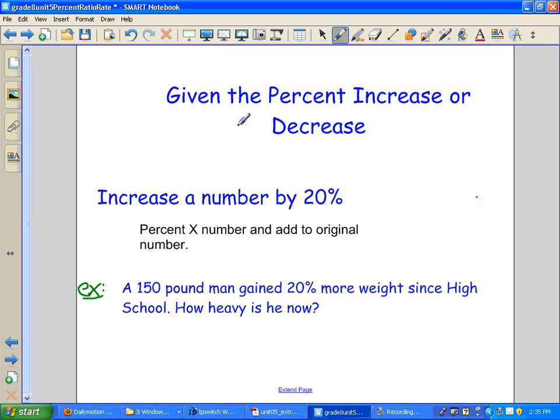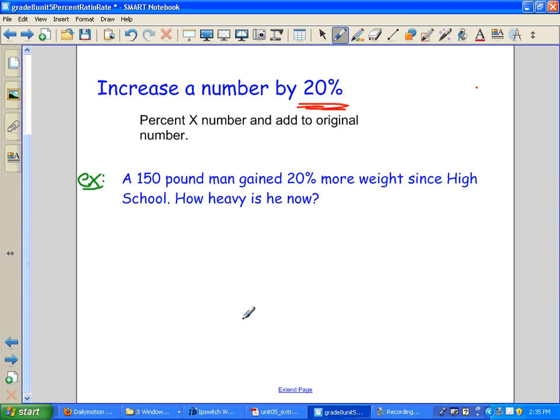So what if you're given the percent increase or decrease? So you're told what the percent is. It goes up or down. Let's see what we'd end up with. So if somebody says increase a number by 20%, well, remember how to write 20% as a decimal? It's 0.20. 30% as a decimal would be 0.30. So if you want to find percent of a number, you just times it by the percent and add it